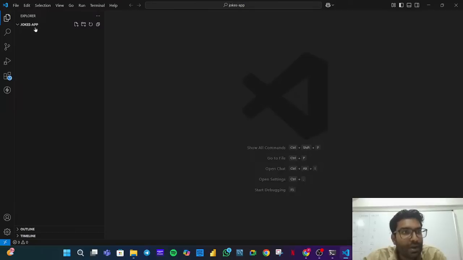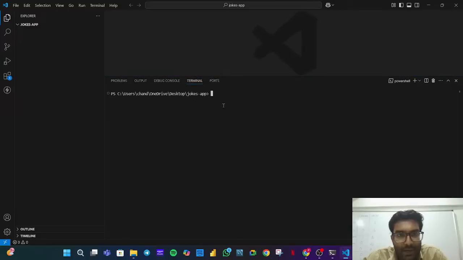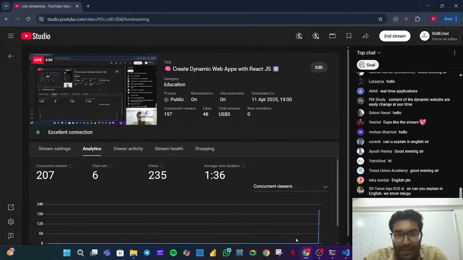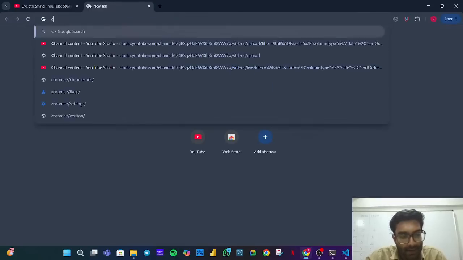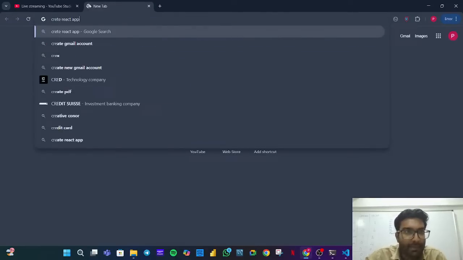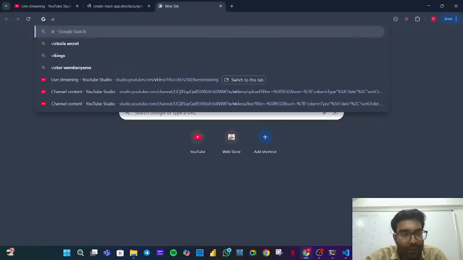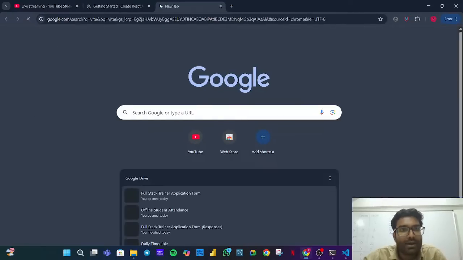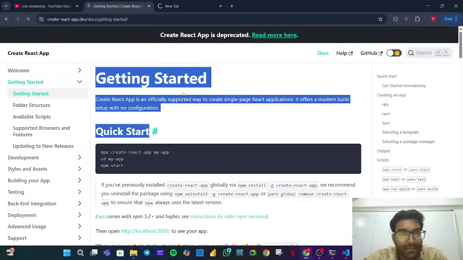Right. So in this jokes application folder, we need to open the integrated VS Code terminal. And here I am going to create one React application. For creating a React application, you have two options, right? One is CRA, Create React App. This is the first option, and you can go to its official website for its documentation. And the other one is Vite. Vite also has its own documentation. So you can go to this CRA, Create React App, and